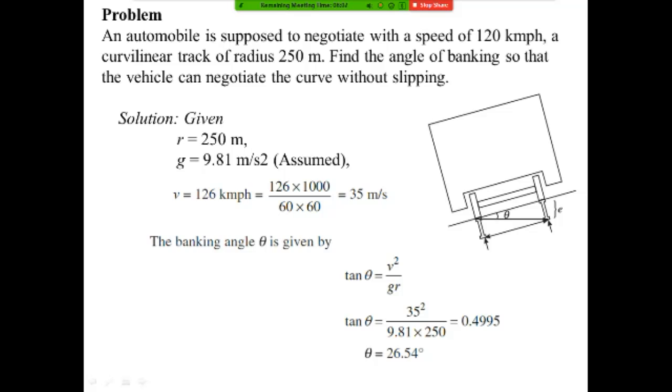Got it? How do you convert that given value into the final output in a scientific calculator? After substituting, we got 0.4995. How do you convert that tan? Take the tan inverse of this. Theta is equal to tan inverse of 0.499. That will come, right? 26 degrees will come, no? Yes, sir.